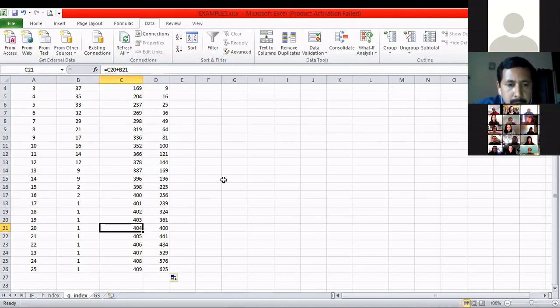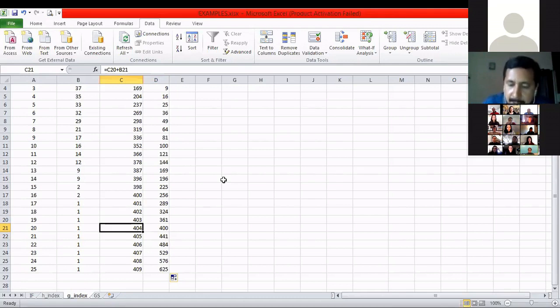If you move on to the next one, the cumulative citations is 405, but the square of the ranked article is 441. So you have to stop at this point, where the cumulative citations is higher than the square of the rank.